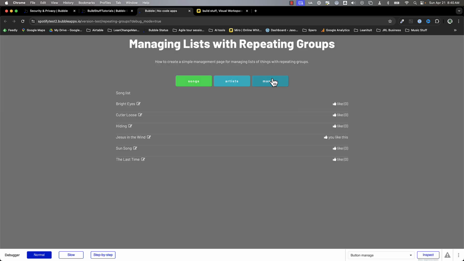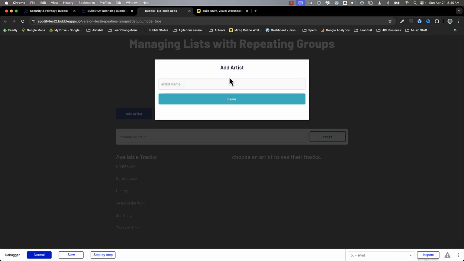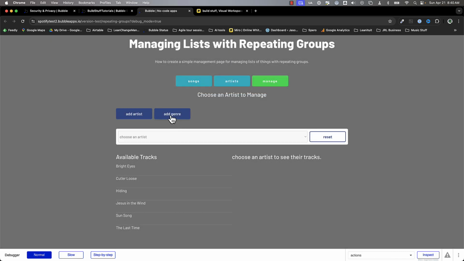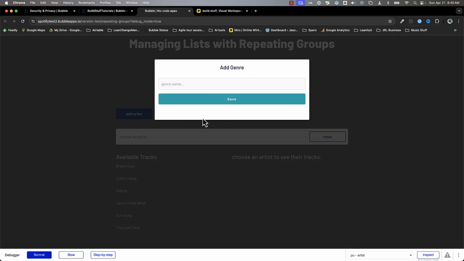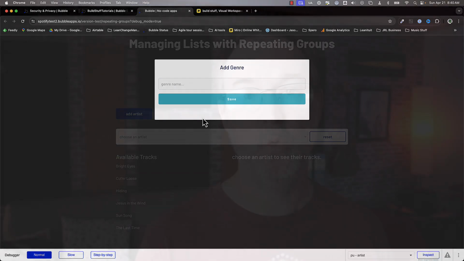I reload the page, go to Manage, click on Add Artist. It's going to show the artist here. And now if I click on Add Genre, it's showing the Add Genre form. So that's a simple way where you can use custom states to reuse the same pop-up indefinitely, and then you